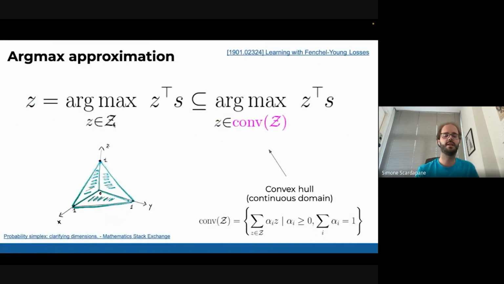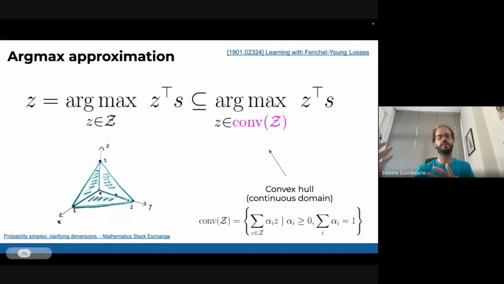The first one is that the problem for which it's not differentiable is that you're doing this over a discrete set, the discrete set of one-hot vectors, which corresponds to the vertices of a triangle. You can turn it into a convex, nicer problem by taking the convex hull, basically taking all the possible points inside this object.